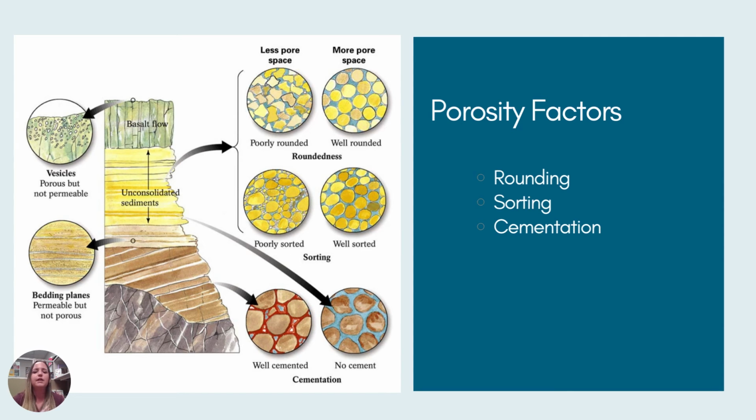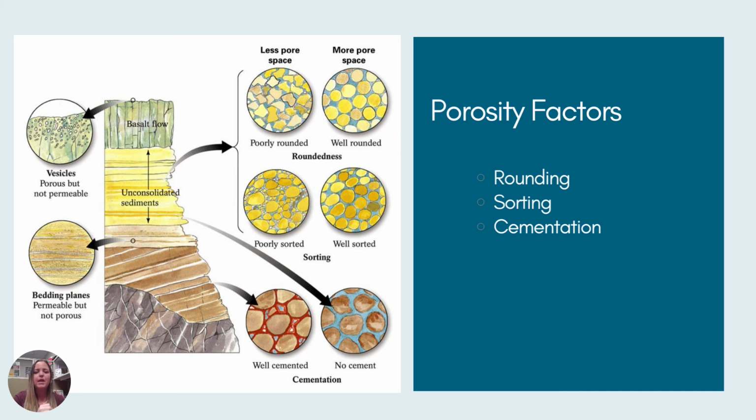The things that are really affecting porosity, which is also affecting permeability, are the rounding, the sorting, and the cementation. So we just looked at size. Particle size impacts porosity and permeability, but so does the sorting, the rounding, and the cementation. If there are particles that are really well rounded, there's going to be more pore spaces in them because they don't fit in between as tightly. Think of round marbles versus flat marbles. Flat marbles you can probably fit more of in a jar than you can round marbles, but you can fit more water with round marbles than the flat marbles.